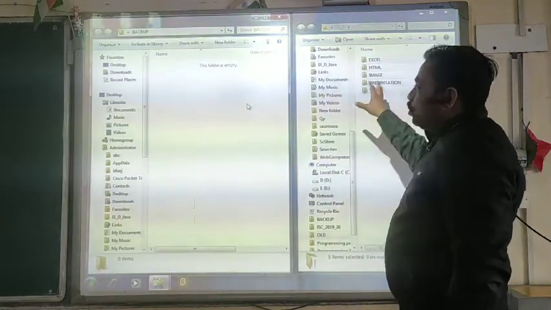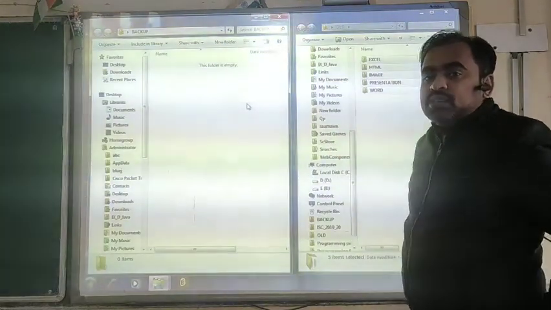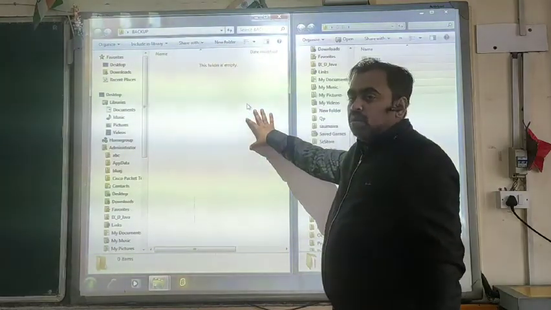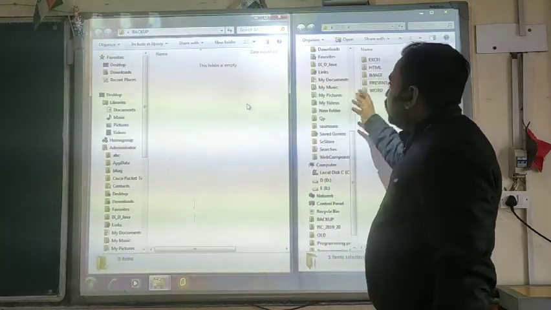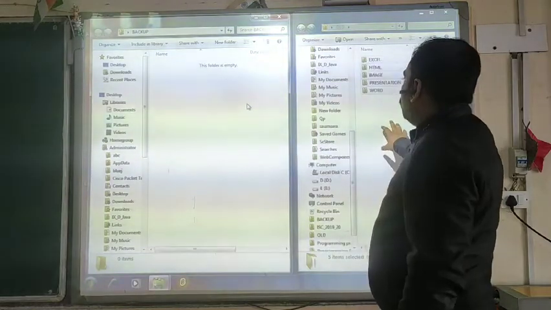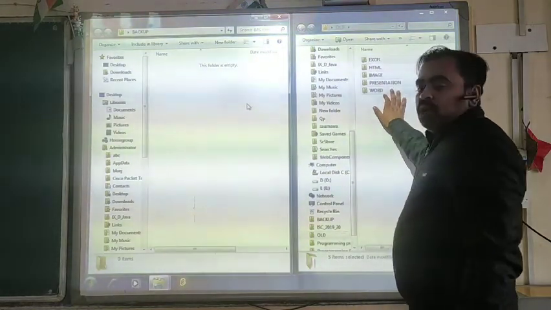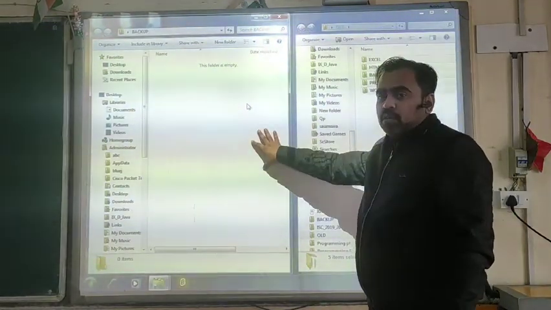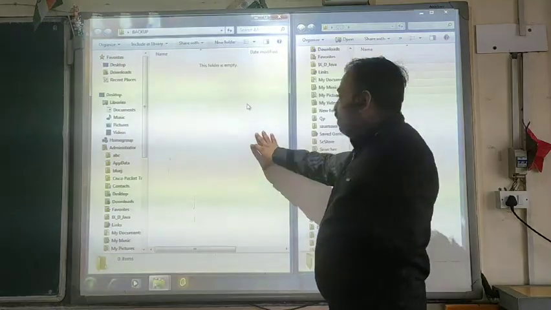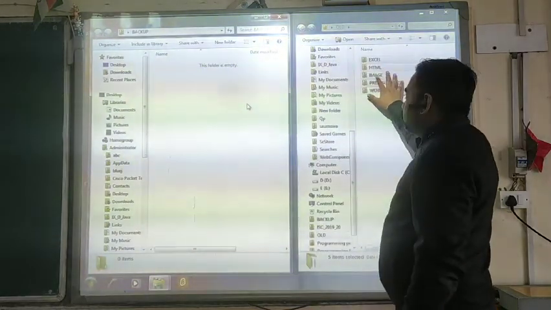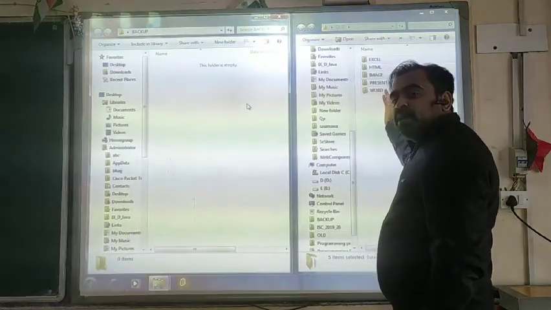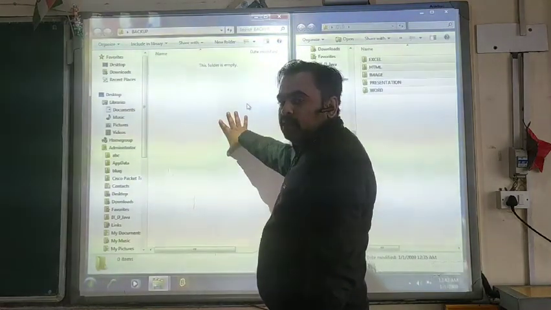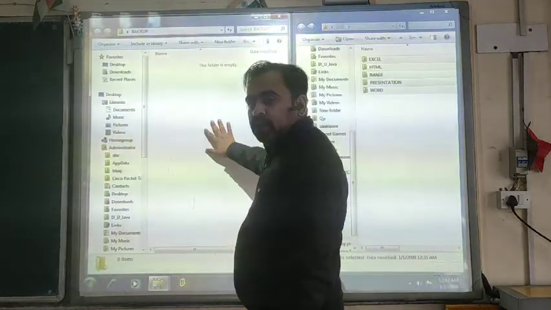What I want to do is create a backup of this, or create a copy of all my tasks or work which I have done in this. So I will select all the files and folders which I want to save on another location also. I want to create a duplicate copy of these files, because if these files get damaged or deleted by some other person, then I have another copy of the documents, so I can use these documents here also.